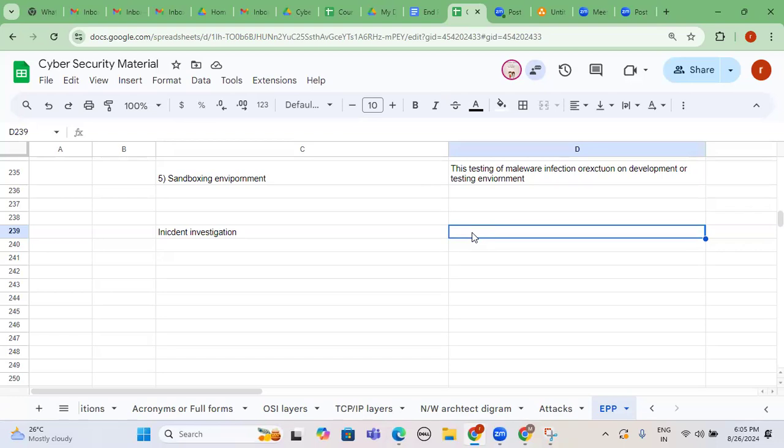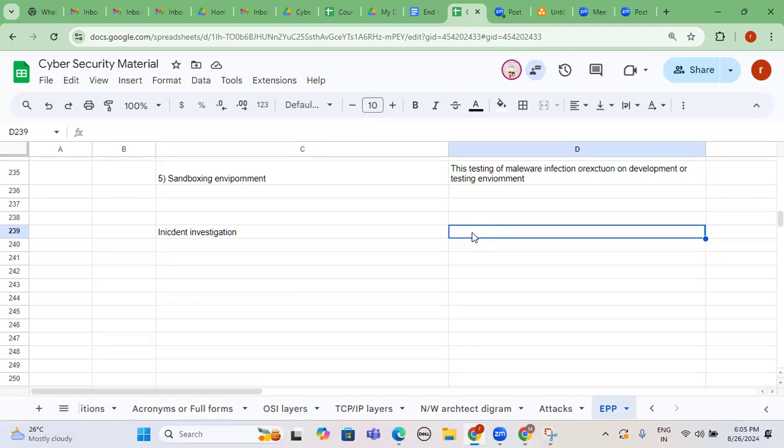Then the L2 team will take care of the incident response. That is called IR. So what is meant by IR here? It is based on the incident lifecycle management process defined by ITIL and also NIST. There are two different types of frameworks every organization will follow. One is ITIL process oriented. The second one is